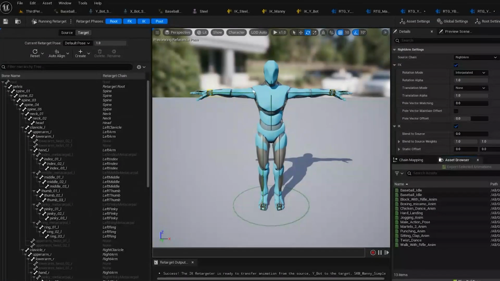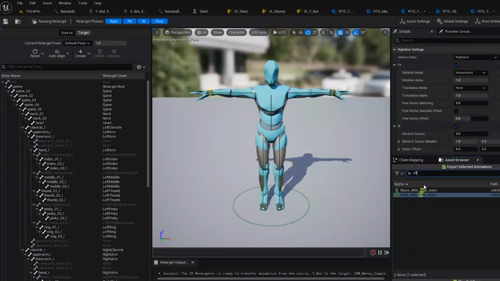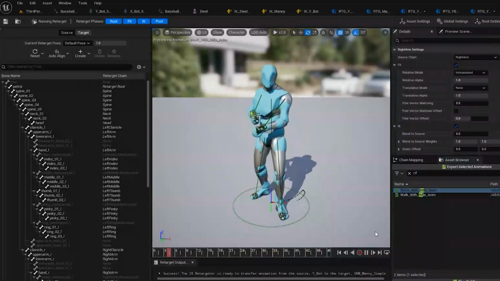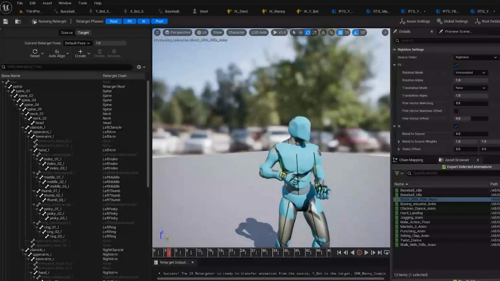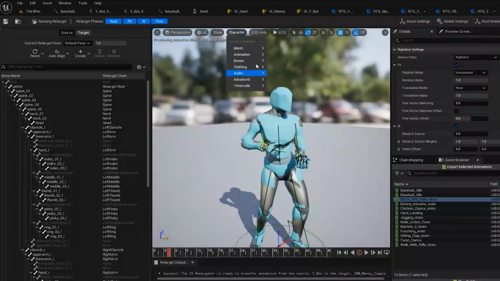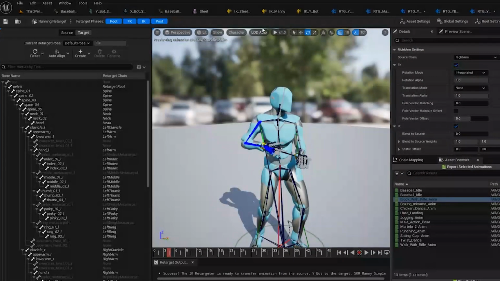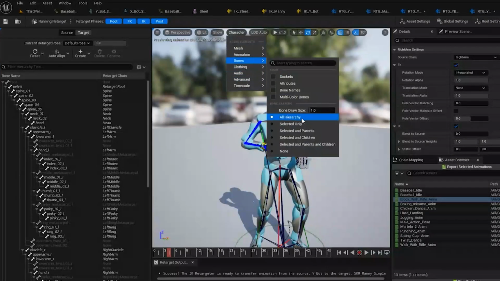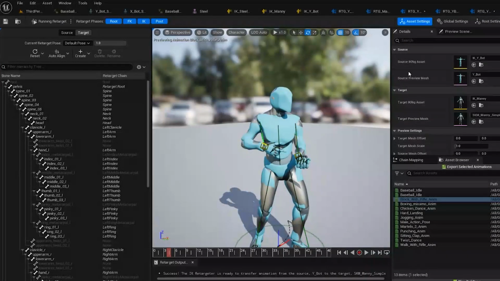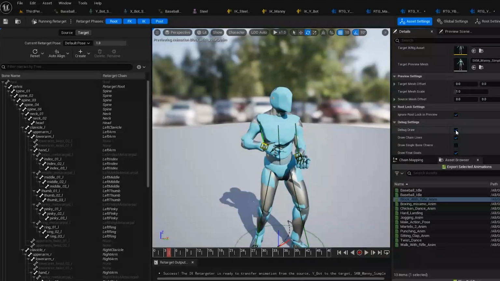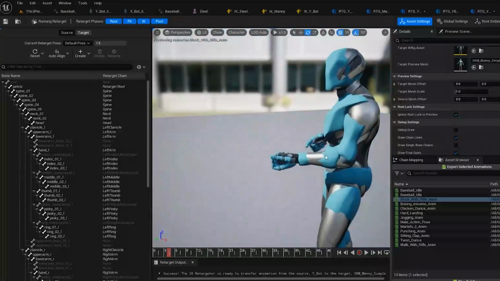Let me just check which animation I was testing. I was testing refill animation. Refill. For some reason I can't see it here. Well, it's here. Okay. Let me turn off bones. Then it was this setting. So all settings, draw debug. And we will see that